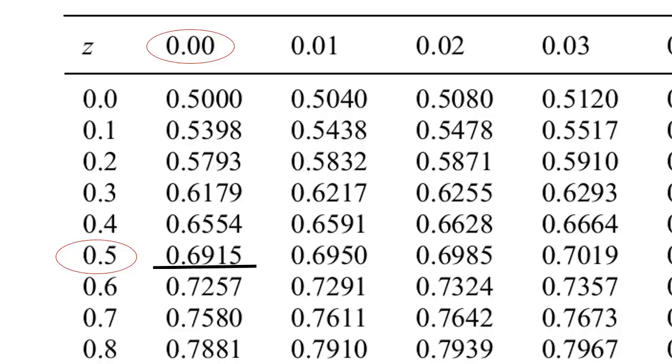So you find the point of coincidence between 0.5 and 0.00, that will be your value for 0.5. And if you check very well from that table, our 0.5 should give us 0.69